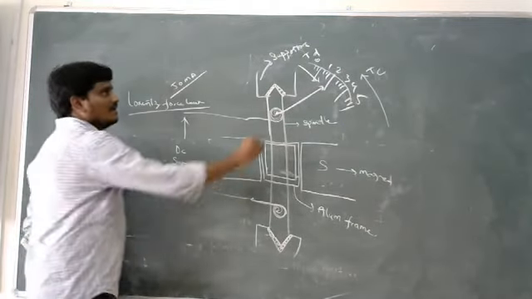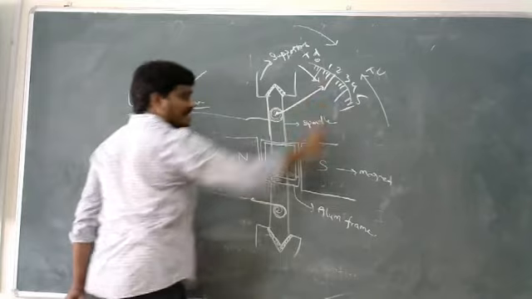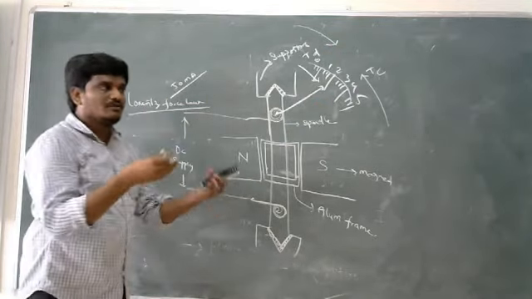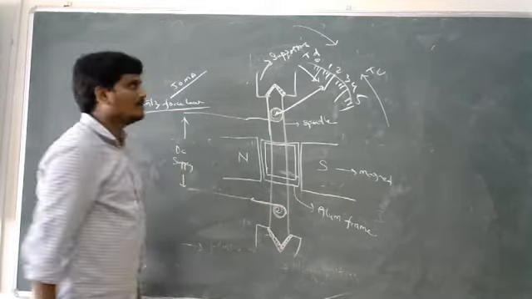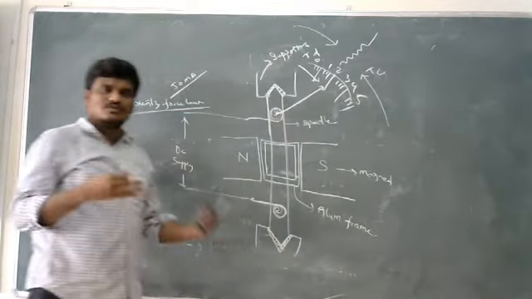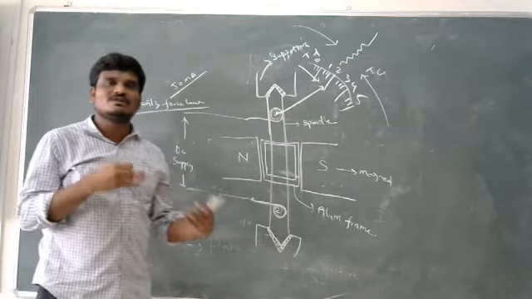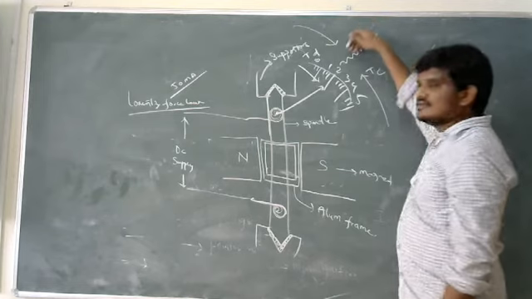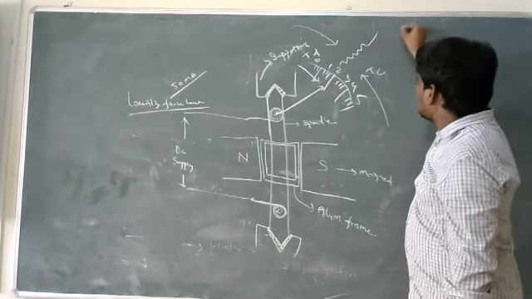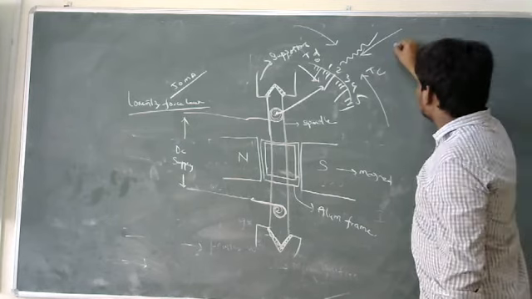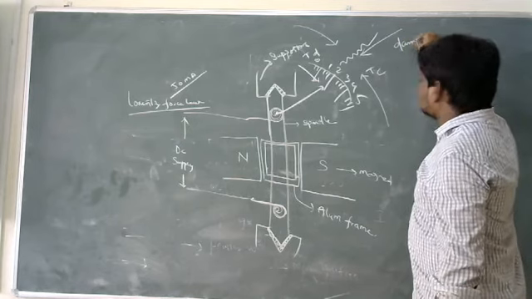You see here, one force is applied in this direction and the other force is applied in the opposite direction. When two forces collide at a particular point, what happens? A collision will take place here. So, in order to reduce the oscillations in that pointer, I am going to use one more force in this direction, which is called damping force.